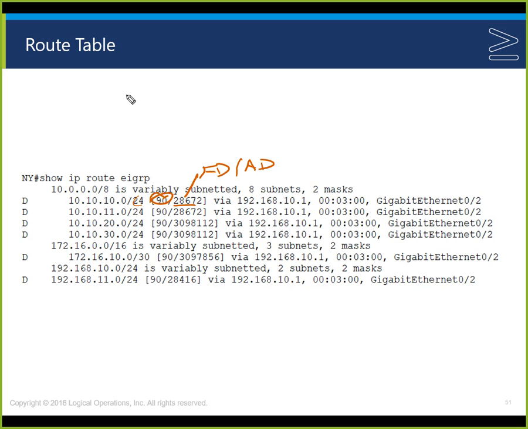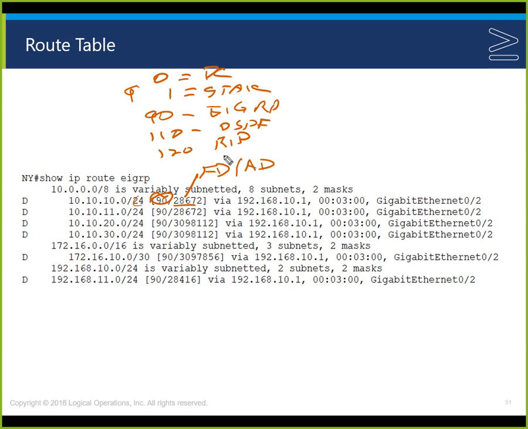The administrative distance is 0 is directly connected, 1 is static. Again, I'm doing these because sometimes they show up. 90 is EIGRP. 110 is OSPF. And 120 is RIP. And then we had that one that showed up, 170 was the external EIGRP. So administrative distance, how trustworthy is the route? The ones that are directly connected are the most trustworthy. It always kind of bothers me that it trusts me to do a static route correctly more than it trusts the routing protocol to